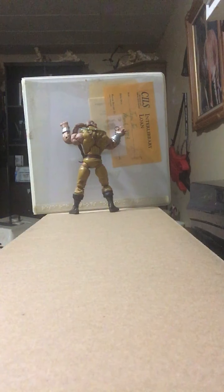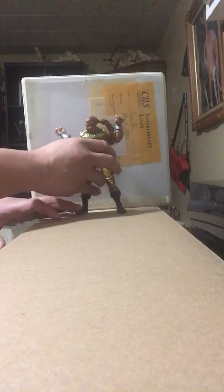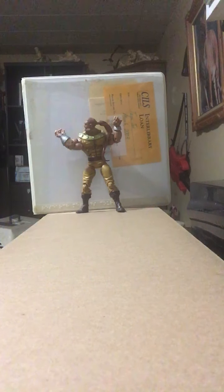But that, as we mentioned before, was the sore point in my pursuit for a perfect Sabretooth action figure. The old one that I got in the 90s was okay for his time, but honestly, too small, too short. And the new one, made around 2005, I believe, the one that you're seeing on screen right now,